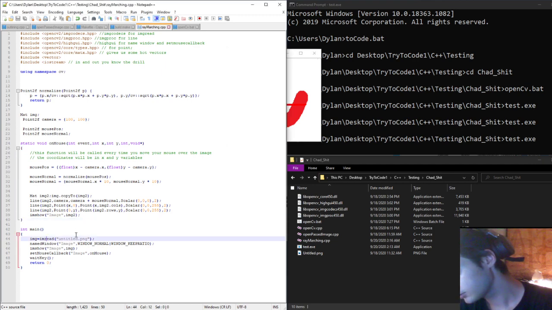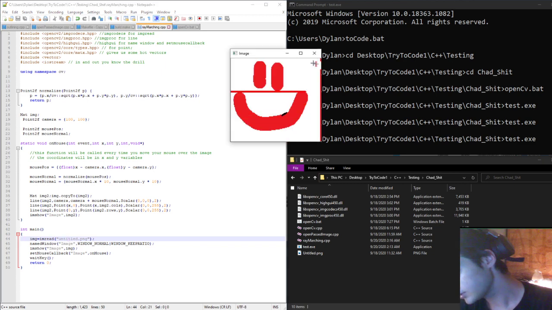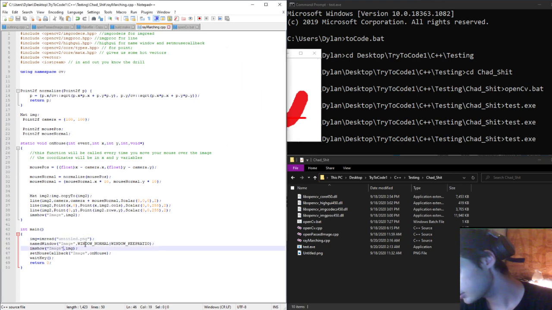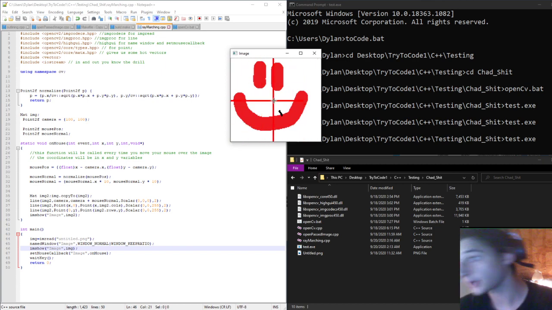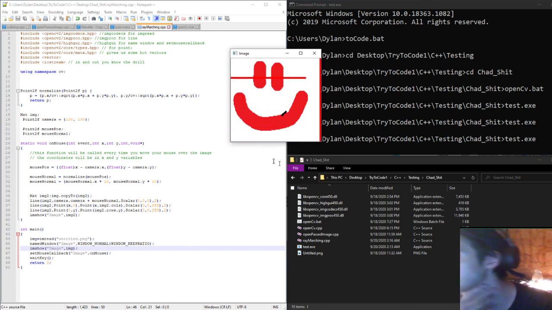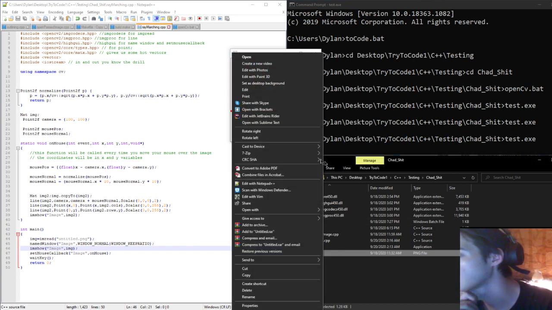And then image is actually just reading this, so this won't ever update again. And then we just name the window, and then we show this window. On the window we show image 1, so that's what puts it in this background, behind it. So if we change what this image is,